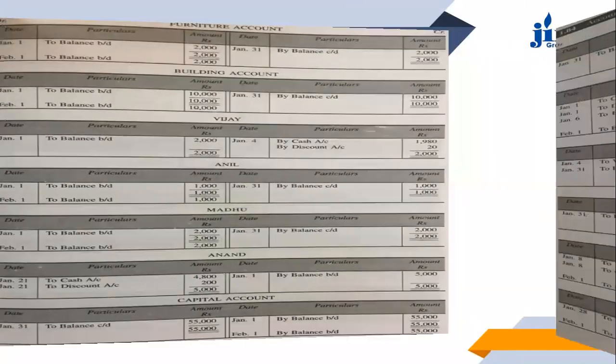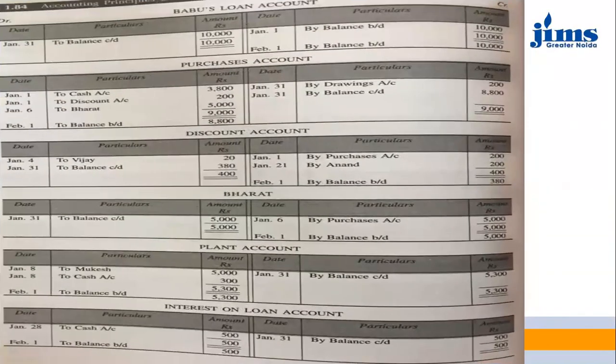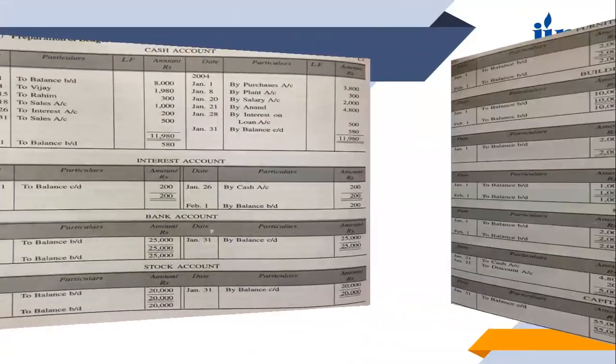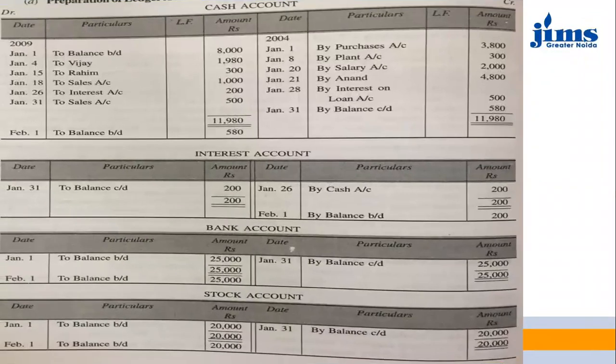Now, in this situation, there can be two solutions for this. One is, in this question, as it has been solved here, you can see here, one is the interest account, other is interest on loan account. So otherwise also you can prepare one interest account and accordingly you can show the interest amount. But in this question, they have taken up two accounts. Both ways the solution is right. It is dependent upon how you want to take up the question. But both the solutions are right.